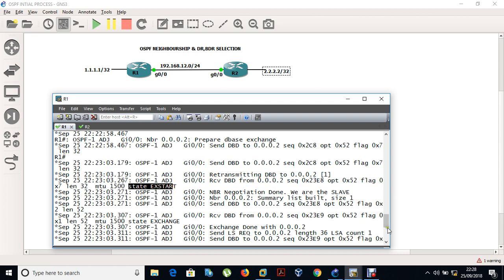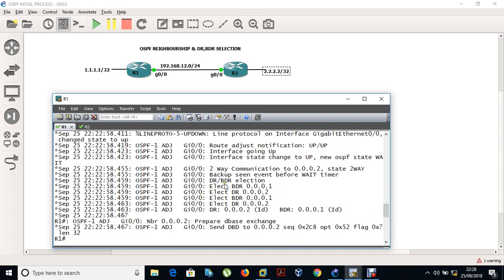So let me come back to the DR and BDR, the meaning of DR and BDR. By the way, the DR and BDR concept exists only on Ethernet networks. Ethernet network is called a broadcasting network. So it only exists on a broadcasting network. It does not exist on other types, because OSPF has many network types, but the main type now is point-to-point, which I will show you later on,